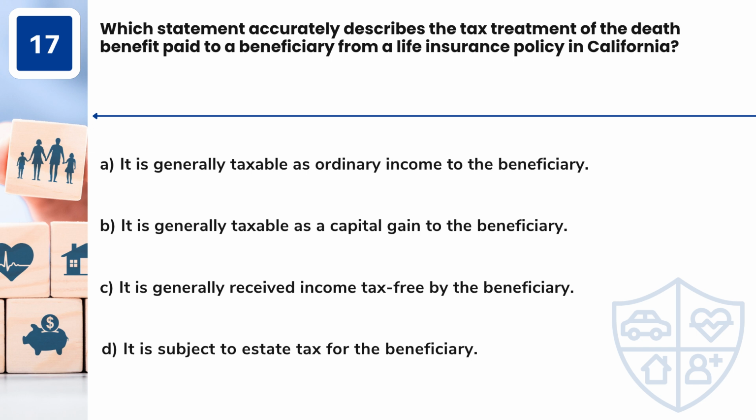Question 17. Which statement accurately describes the tax treatment of the death benefit paid to a beneficiary from a life insurance policy in California? A. It is generally taxable as ordinary income to the beneficiary. B. It is generally taxable as a capital gain to the beneficiary. C. It is generally received income tax-free by the beneficiary. D. It is subject to estate tax for the beneficiary. Answer: